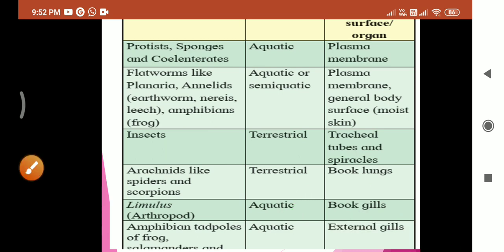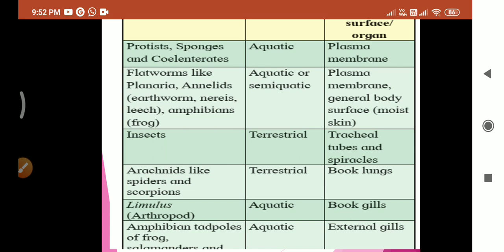And when you talk about the amphibian tadpoles of the frog, don't be confused, amphibian frog here. And next, here also the tadpole of frog. When you see the whole life cycle of frogs, there is a life span of tadpole larva. That is the larval stage, meaning just after the embryonic stage they convert into the larval stage. So that's why this is the tadpole of frog, and having a tadpole means development has started.